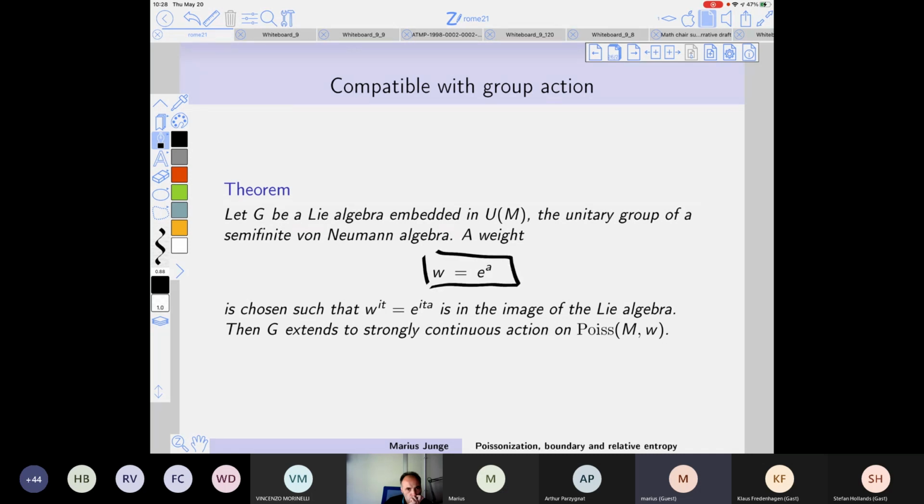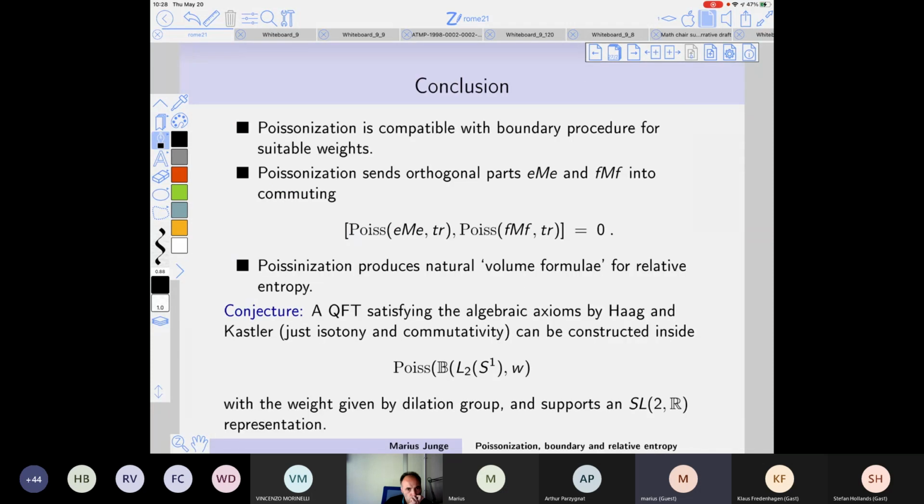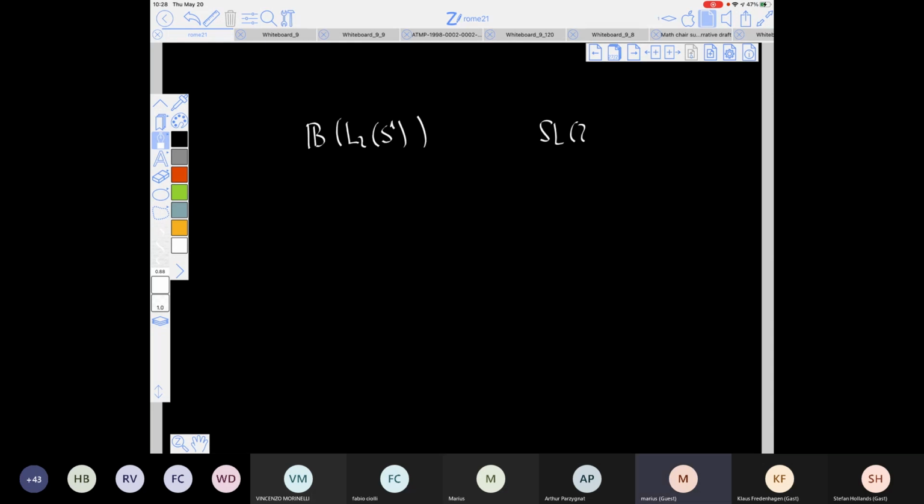So this is a good example. And then we tried this for the bounded operators on L2 of S1, and we take here the SL2R action, right? So this acts here, and then maybe we try to look at a certain Poissonization, and